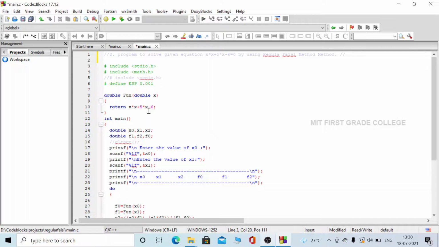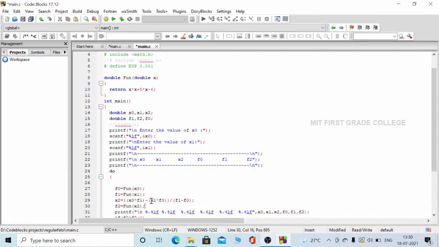After defining the function, coming to the main program, before seeing the initialization and entering the initial values, let me jump to the formula. Fine. So here in the regular falsi method, we have to find the falsi position.